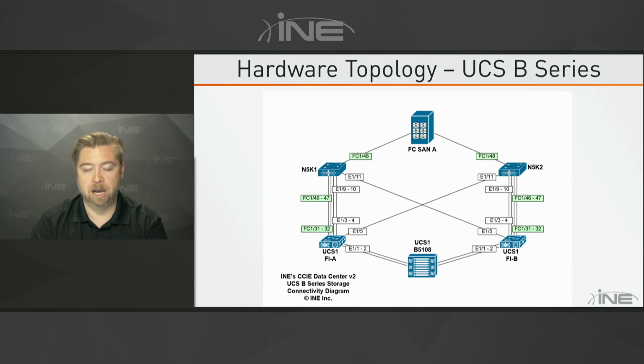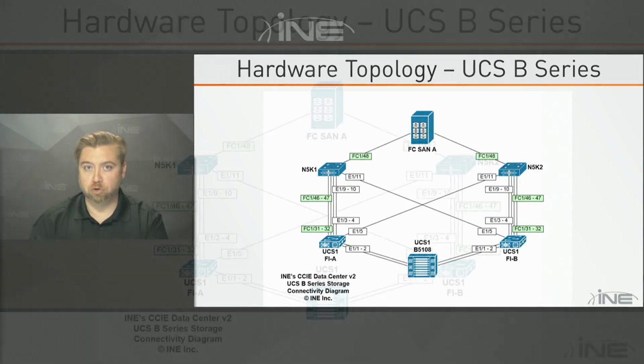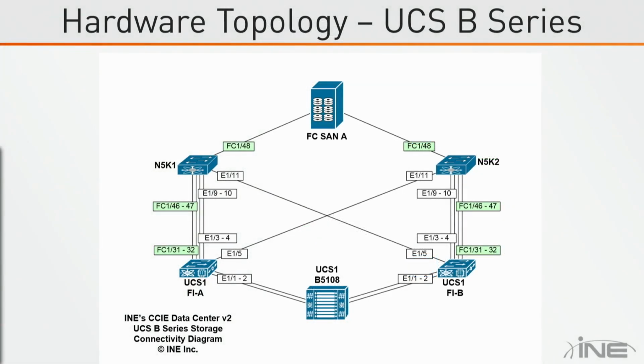But the key point to understand about the UCS is that even though we do have that east-west connection, the L1 and L2 link that is the cluster link for the configuration, remember that the UCS fabric interconnects are not sharing the same control plane. So this means that even though we have that east-west link between them, we cannot configure a VPC down to the servers. Now we can configure regular port channels northbound, and what we're going to be doing in this example